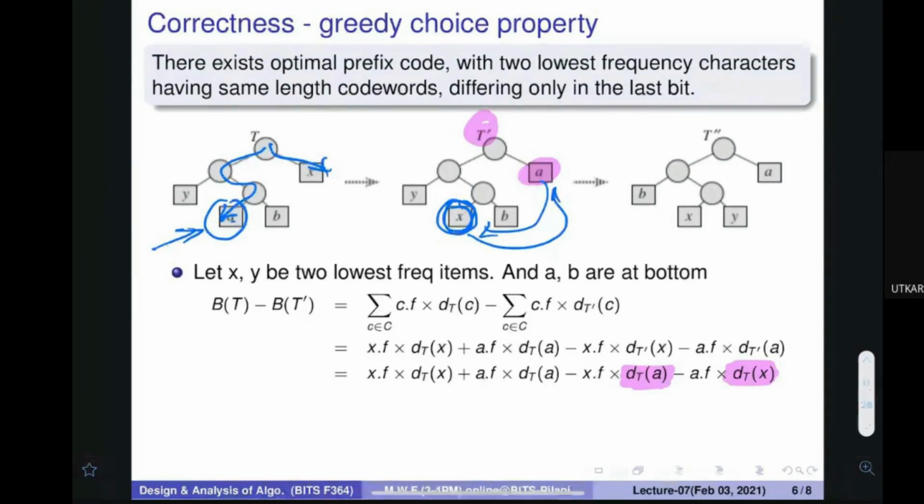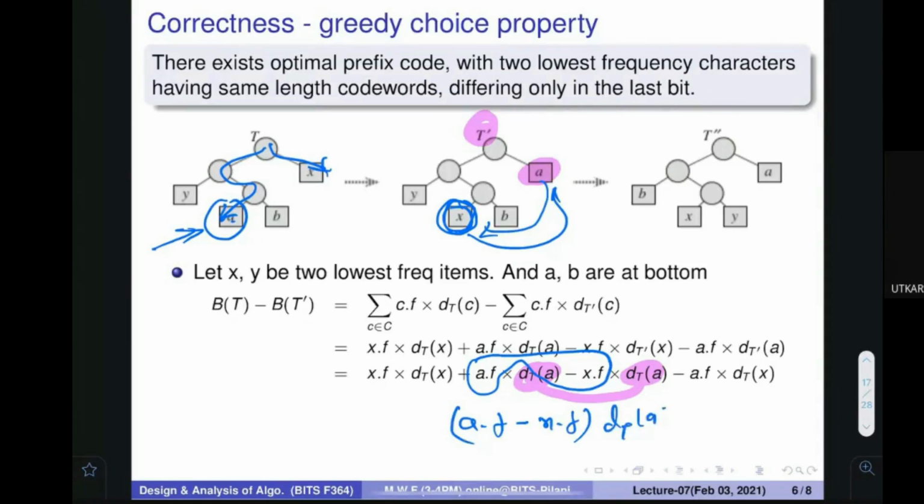So if everybody is okay with me, then I can say that dt of A and dt of A is here. So this term minus this term means I can say A dot F minus X dot F into dt of A. Similarly, for the remaining term, this term and this term are the same, so I can take dt of x out. What is inside?